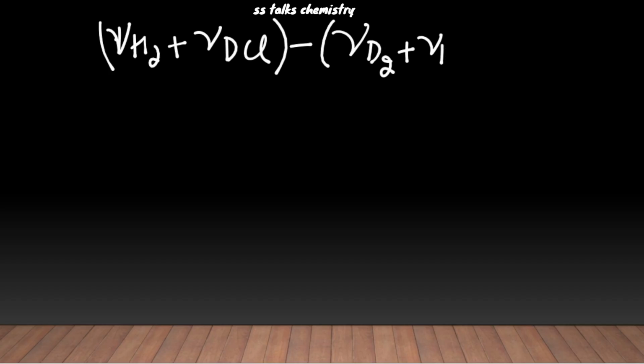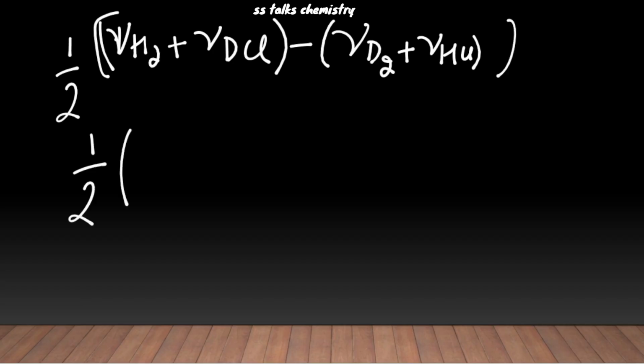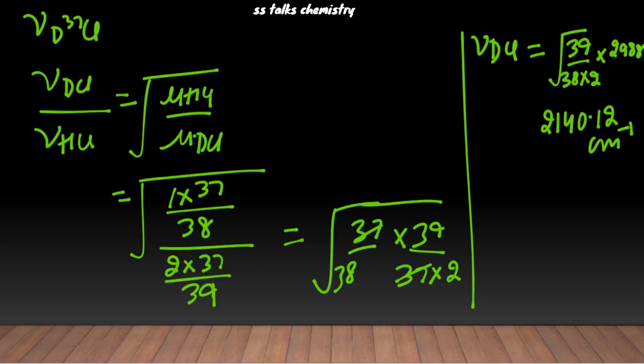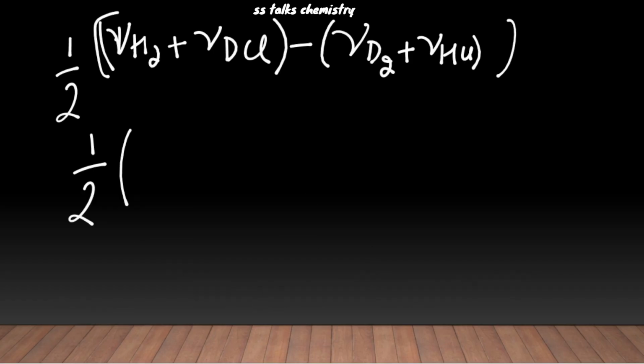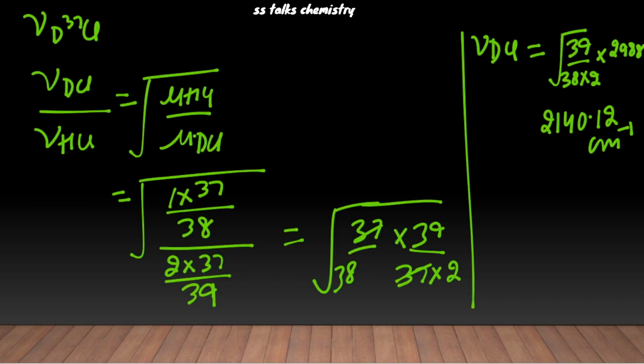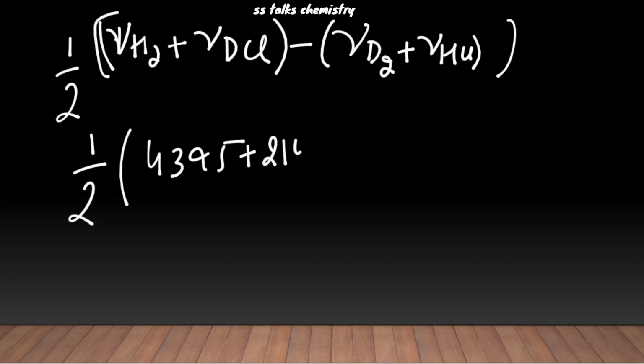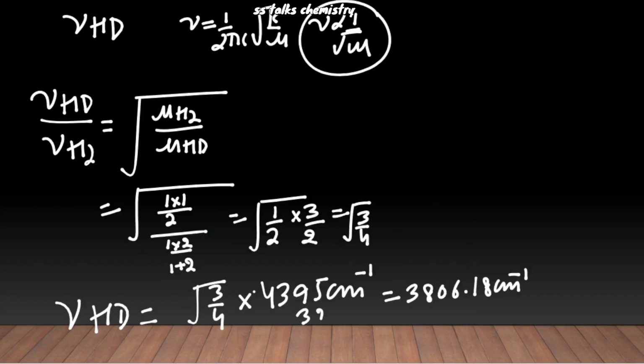Divide the whole of this by 2 and you will get your answer. So now the values: for the hydrogen we had 4395, plus for the DCl it is 2140.12, minus